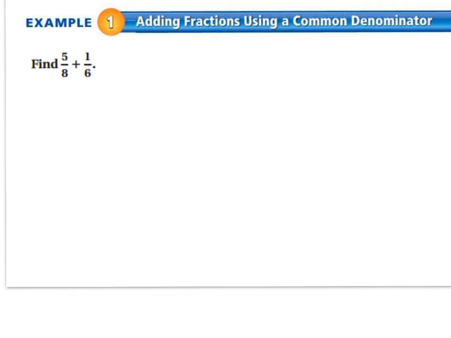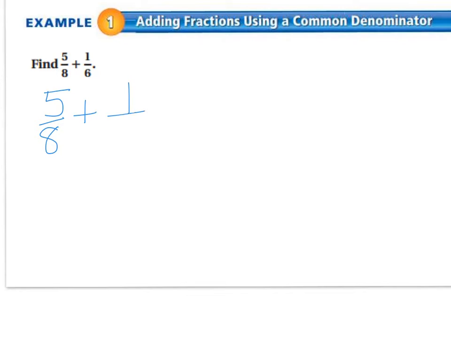Example 1, adding fractions using a common denominator. Remember, we can add and subtract fractions with unlike denominators by writing equivalent fractions with a common denominator. One way to do this is by multiplying the numerator and the denominator of each fraction by the denominator of the other fraction. In other words, 5/8